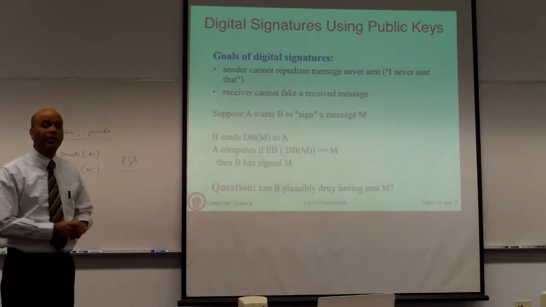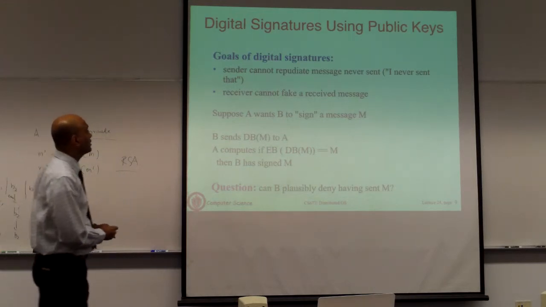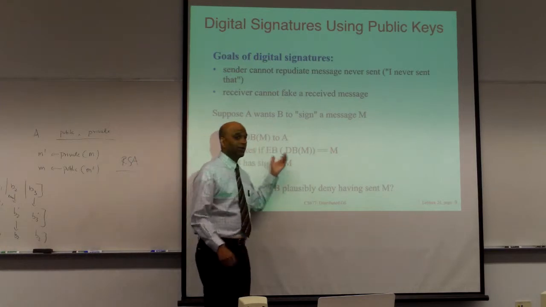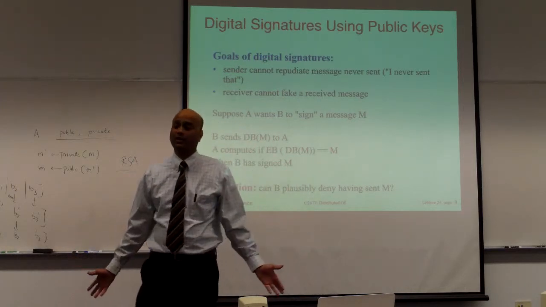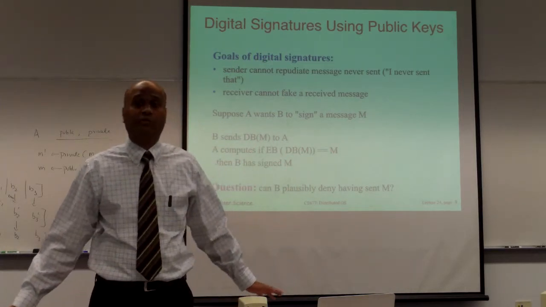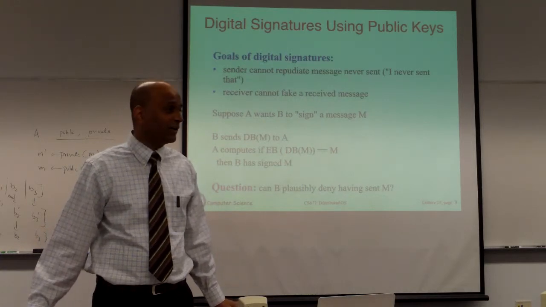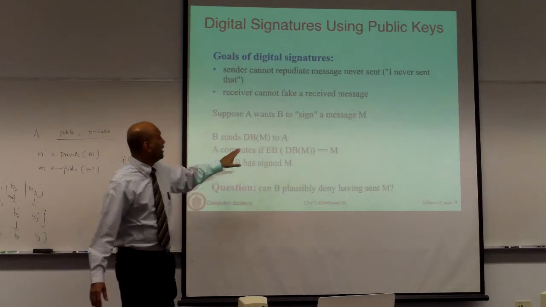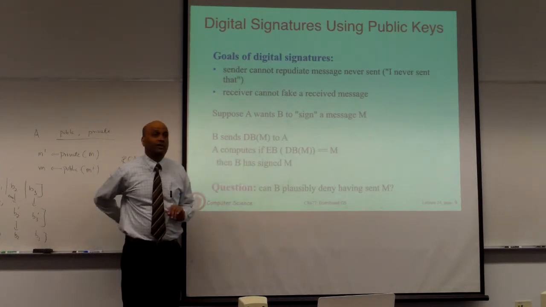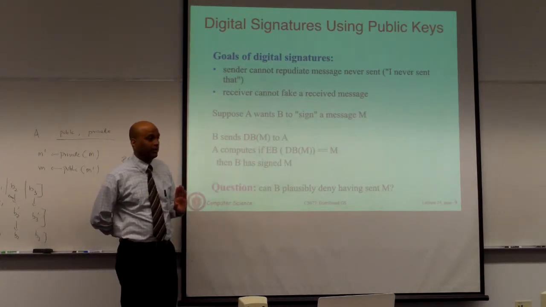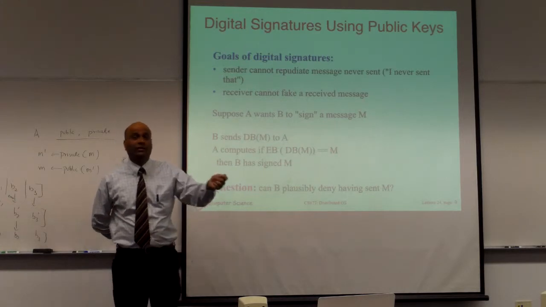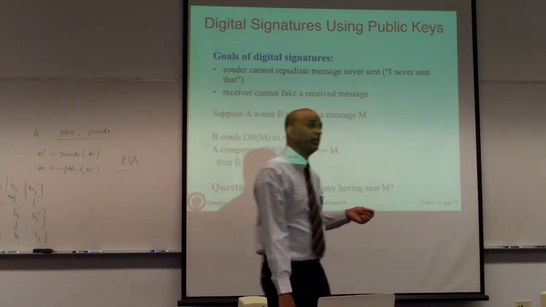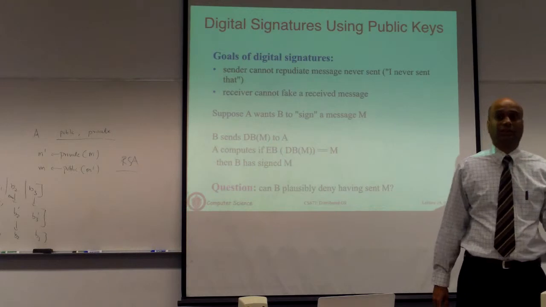And the simple way you are going to be able to do this is take a document, which we will call message M. It's an arbitrary length string. Any document can be thought of as a string, or a set of bits, of arbitrary length. You can simply take that string and sign it with your private key. You can encrypt it with your private key, and you can present this encrypted version of this string to anyone saying this is a signed version of the document.